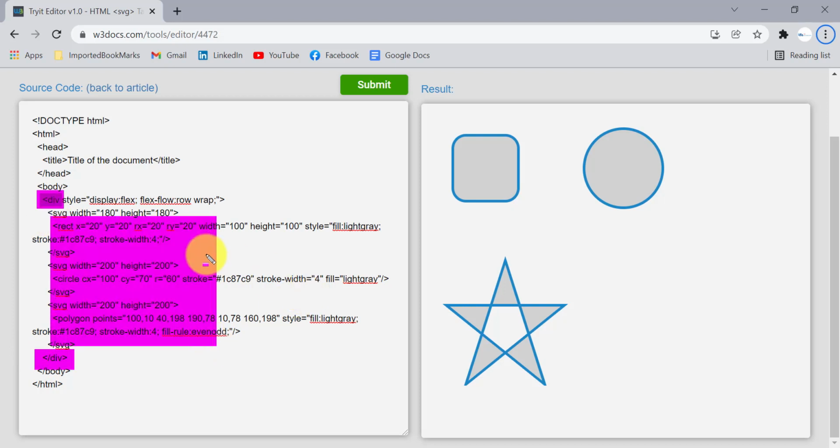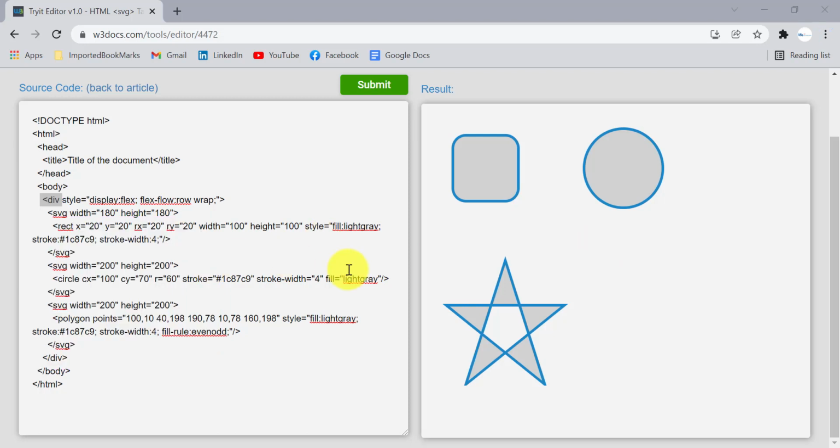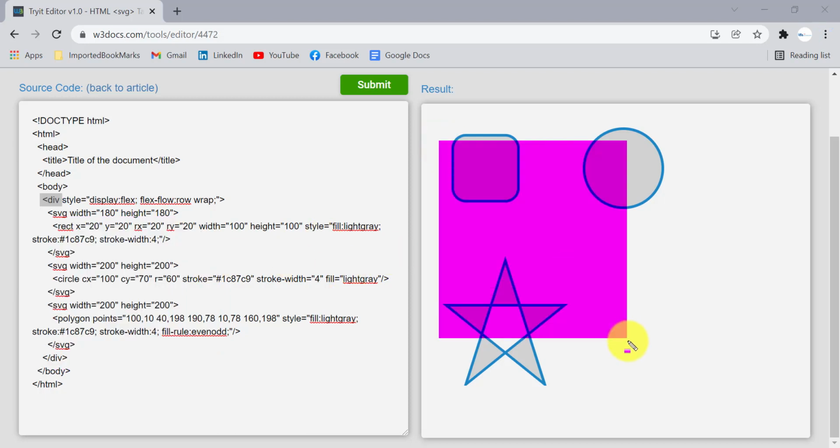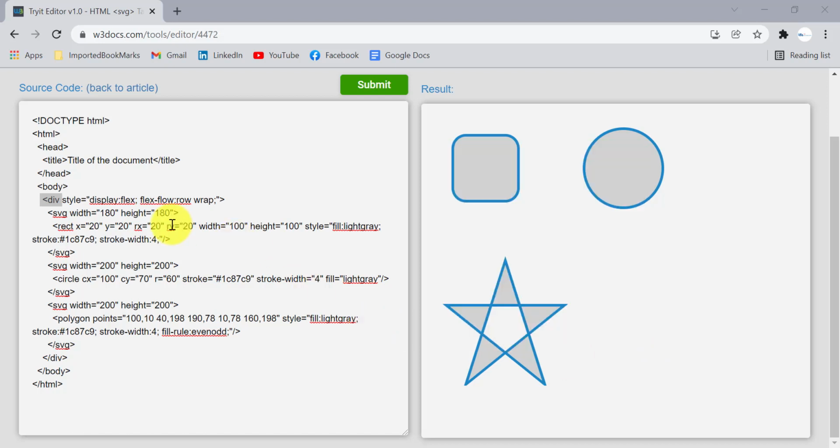In your application you may have an iframe tag starting from here and ending here, because on the whole HTML page there can be a separate section they are targeting for the SVG elements only. As I already said, all these SVG elements can be easily created and can be easily edited. You can update their properties very easily as it is XML based. By changing any value from here, it will reflect on your image itself.